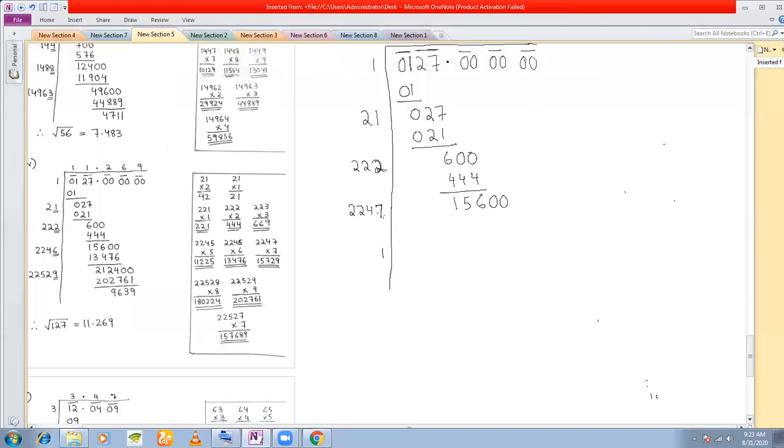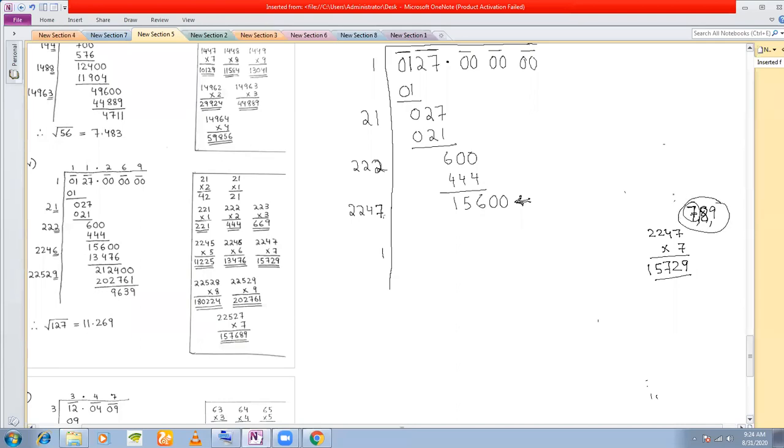We place a 7. So this number becomes 2247. And you multiply this by 7. So it becomes 15,729, which is greater than 15,600, right? Of the digits 7, 8 and 9, in 7 only I have got a number that is greater than 15,600. That means our obvious choice would be a number that is less than 7. Because if you're getting the quotient as 8, the number will mostly be 7, 8 or 9.